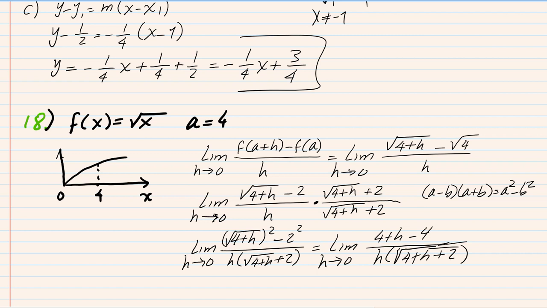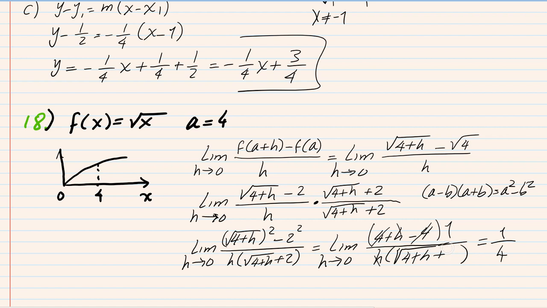The h's cross out, and then we plug in 0 for h. So all I have is a factor of 1 in the numerator. So it's 1 over the square root of 4 plus 2. The square root of 4 is 2, and 2 plus 2 is